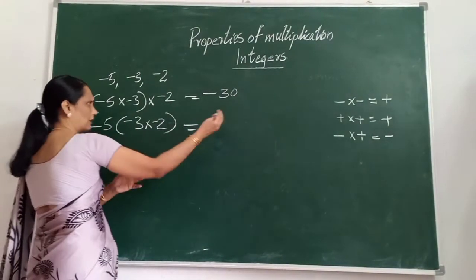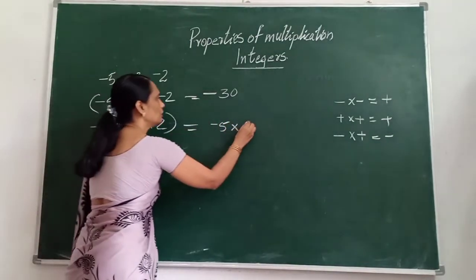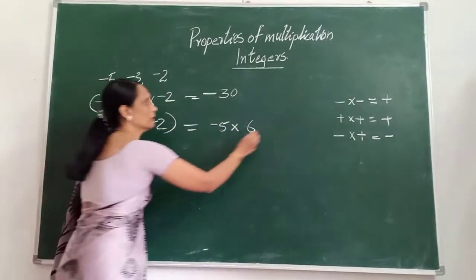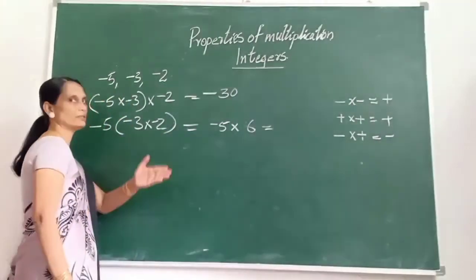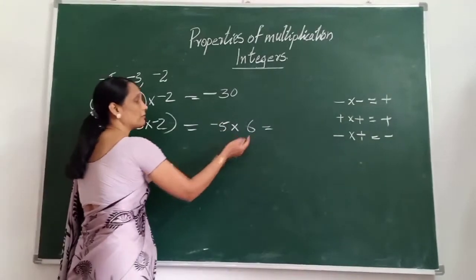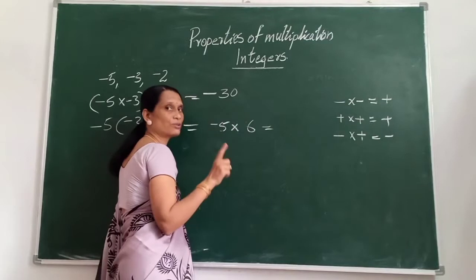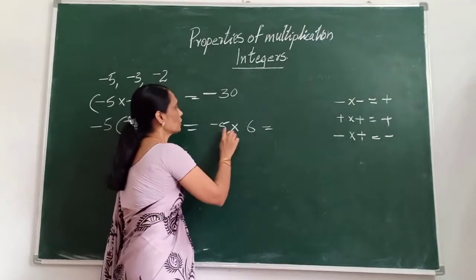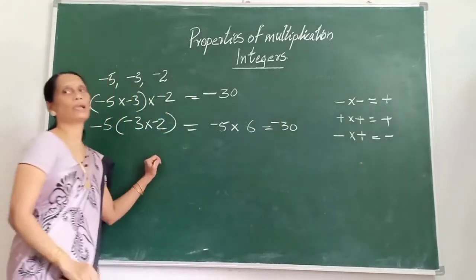You can go on like this. You can write the steps also. Minus 5 into 6. Okay, it will be better for you to write all the steps, then you won't be making mistakes. So minus 5 into plus 6. If we haven't shown the symbol, you should understand that it is plus only. So here see, 5 6s are 30. So what 30? Minus 30.